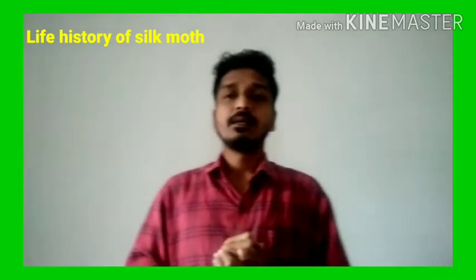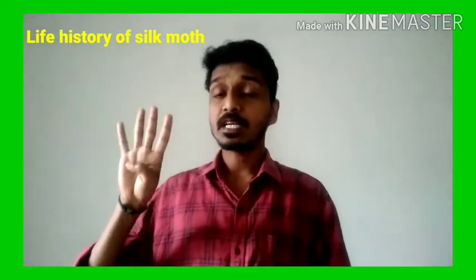Okay. Here you understood the 4 stages of the life history of the silk moth or caterpillar, right? Clear? First one is egg. Next one is larva. Third one is pupa inside the cocoon. And the fourth one is again silk moth. Clear? You got the idea, right? Yes, very good. You are familiar with the life history of the silk moth.